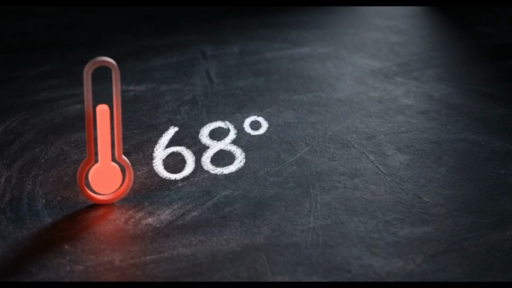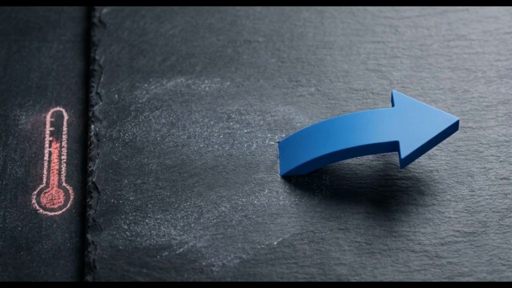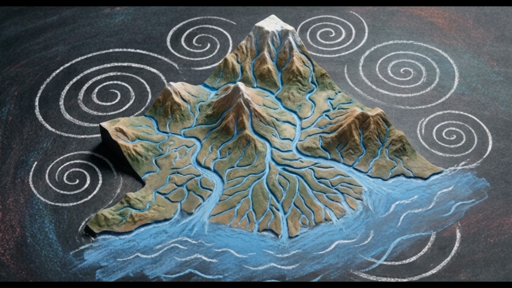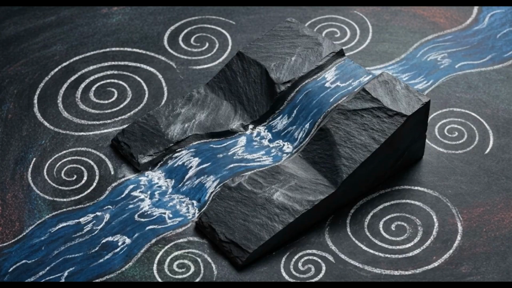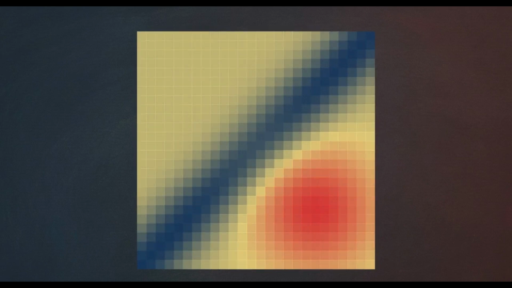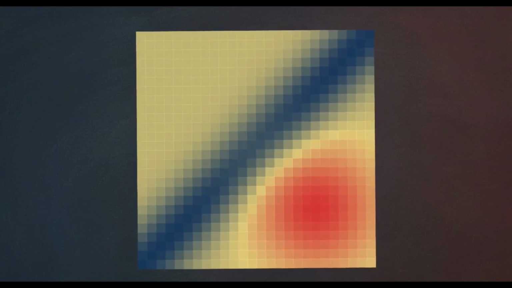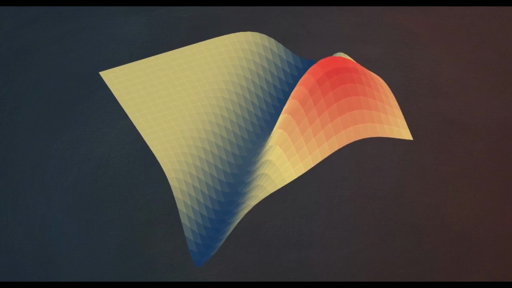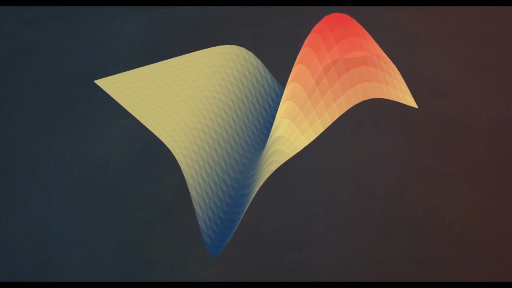Knowing when you're looking at a pure amount, like temperature, versus a directional flow, like a current, is the first step in reading these complex natural systems. Let's look at our first mathematical tool, the gradient. To see how it works, we are going to bring back our scalar amounts, the temperature of the river. This topographical map shows those temperatures as hills and valleys.